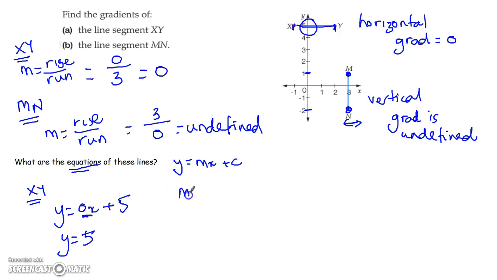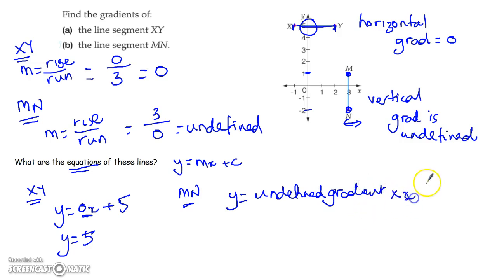For the line MN, y equals an undefined gradient. I don't even know what that means. We can't actually do anything with an undefined gradient times x. It doesn't actually mean anything. Let's just look at it using some common sense. Forget about the y equals mx plus c and all that sort of stuff. On this line, it cuts